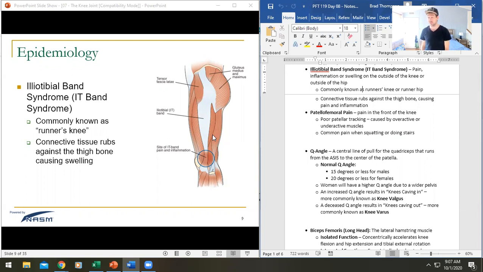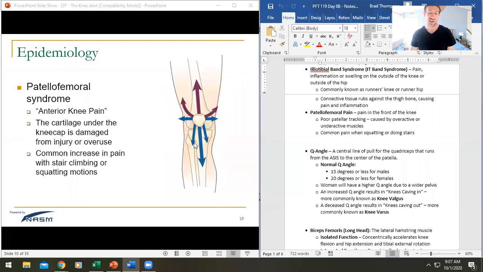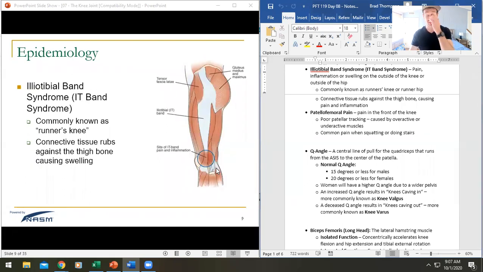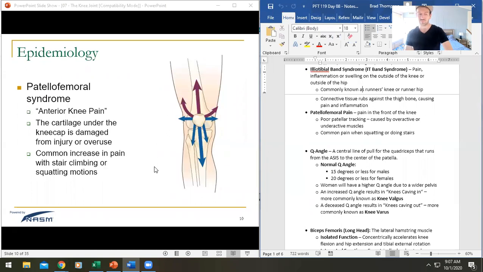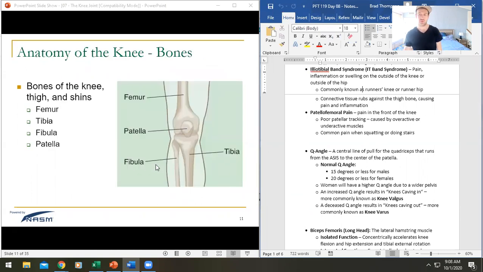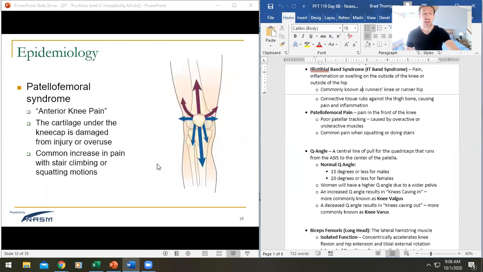But generally, what people are doing when they roll their IT band is tensing up, and it ends up tightening the whole thing up worse. So that's IT band syndrome. ITB syndrome, you'll sometimes hear people call it. And then you've got